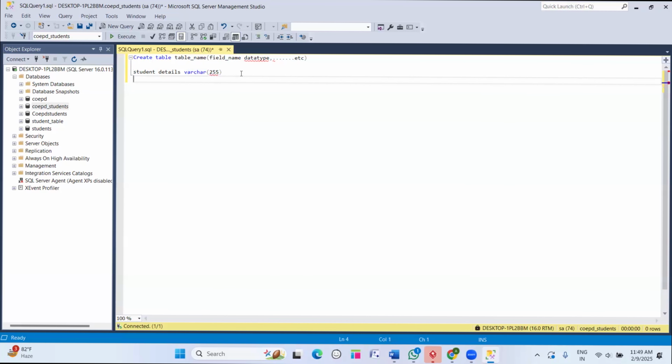When it's coming to student details, they can be entered only in the character format. It's nothing but a char. I will be mentioning 255 again. It's on a size, guys. That's it. When it's coming to the next part, I want to enter the student details only